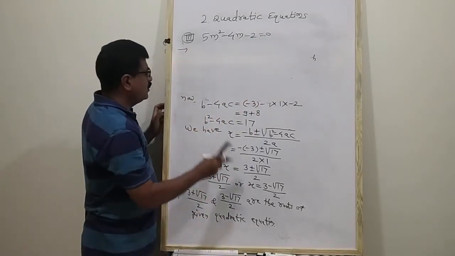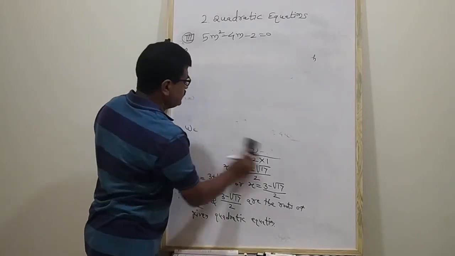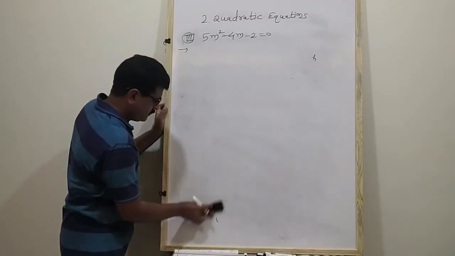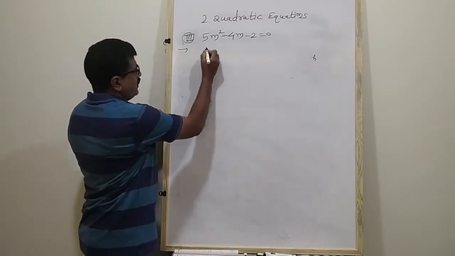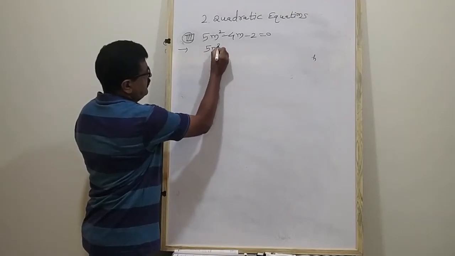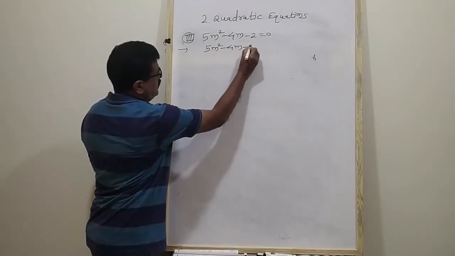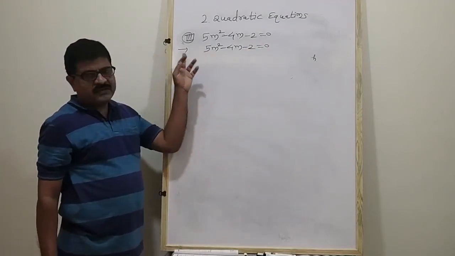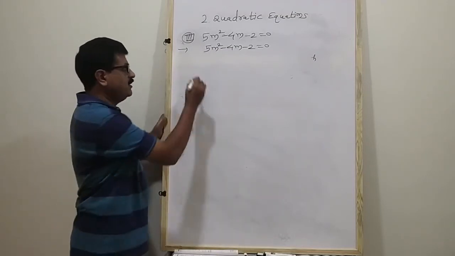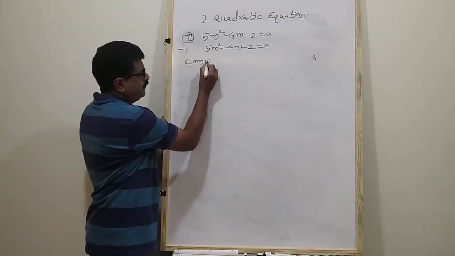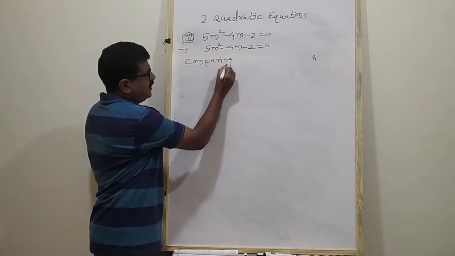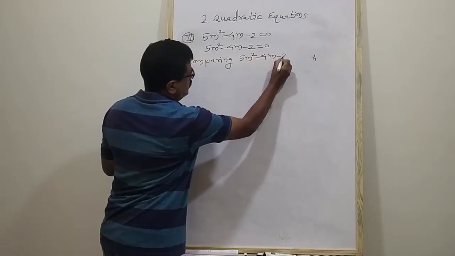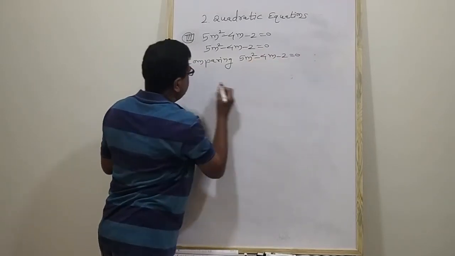Now here also write down the given equation as it is, 5m square minus 4m minus 2 is equal to 0. Now first step, compare this equation with the general equation. Now comparing 5m square minus 4m minus 2 is equal to 0 with